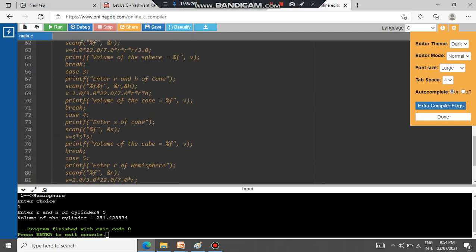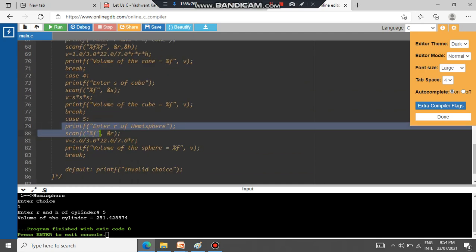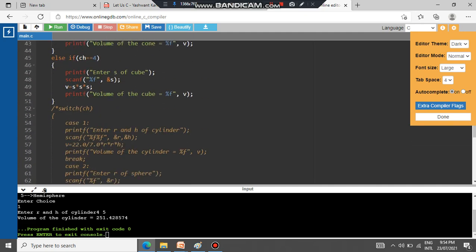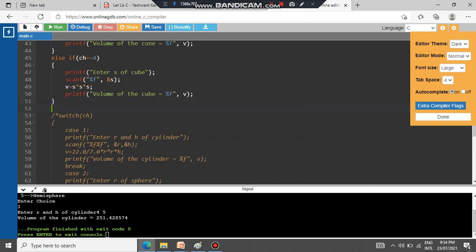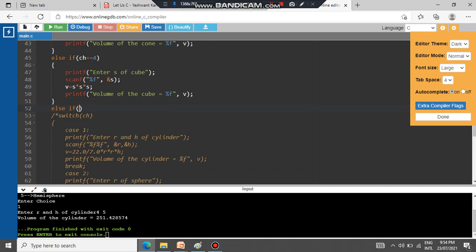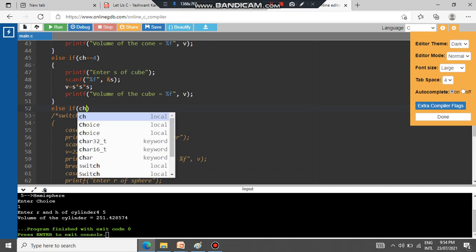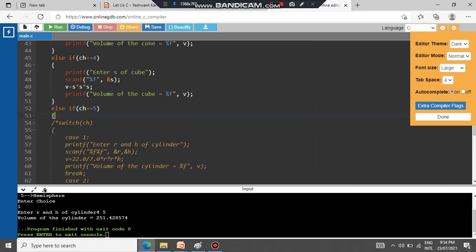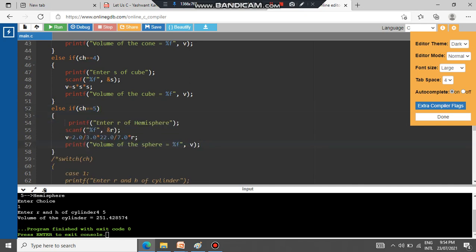And if the choice is 5, it is hemisphere. So again, if it is not 1, not 2, not 3, not 4, else it is 5. If ch is equal to 5, in that case it is a hemisphere, and I will put the code of the hemisphere into it.